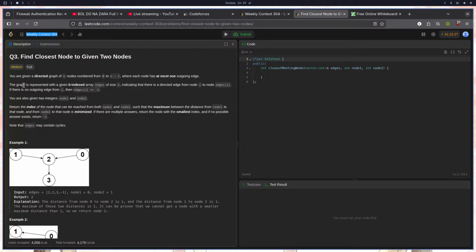The graph is represented in a 0-indexed array edges of size n, indicating that there is a direct edge from node i to node edges[i]. If there are no outgoing edges, okay. Also given node1 and node2, return the